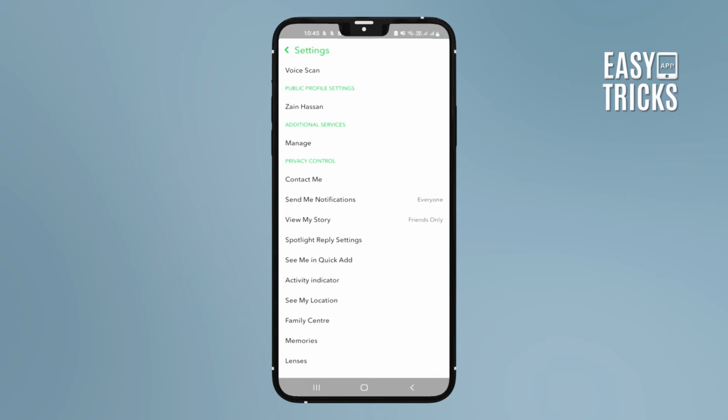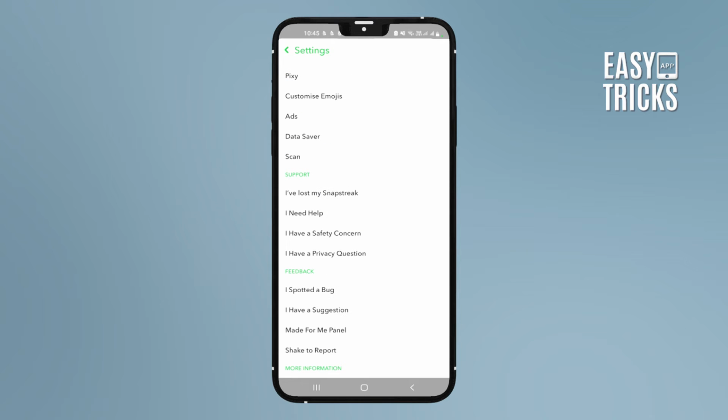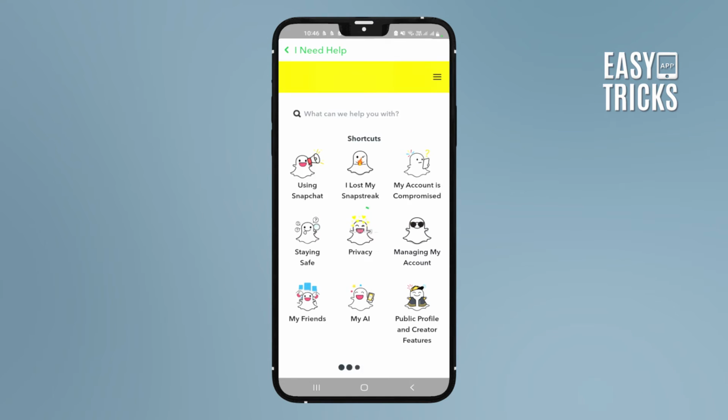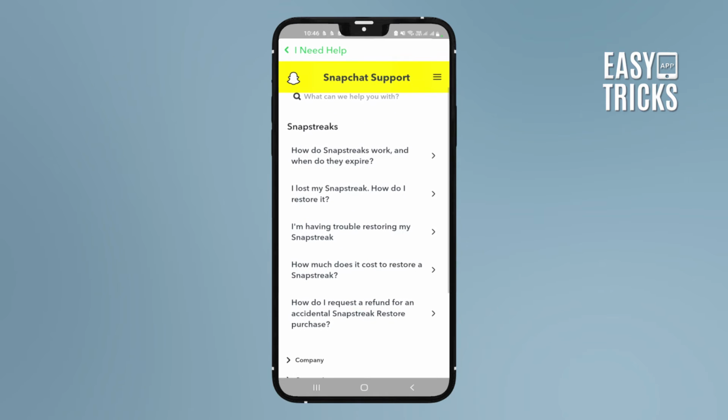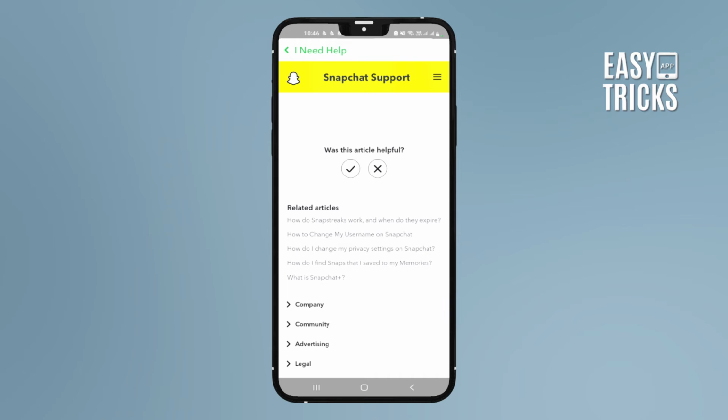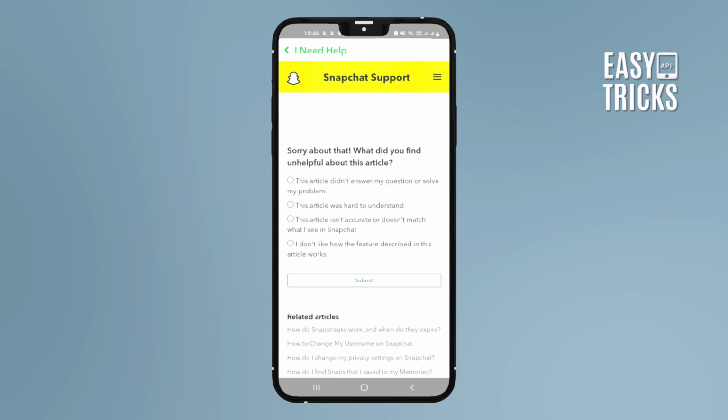and from here scroll down, and here under the support we have I need help. Just click on it, and then in shortcuts you can see we have I lost my snap streak. Just click on it, and then you just need to click on I lost my snap streak, how do I restore it? Now just need to scroll down the article, and on this you need to press on cross, and